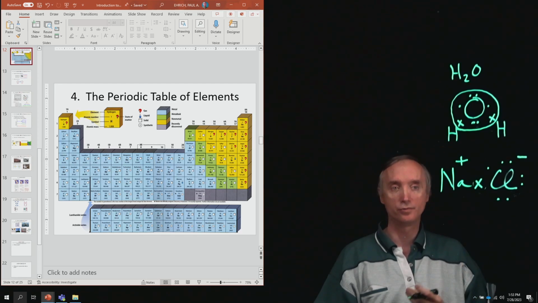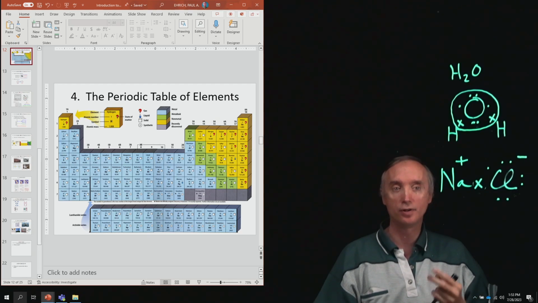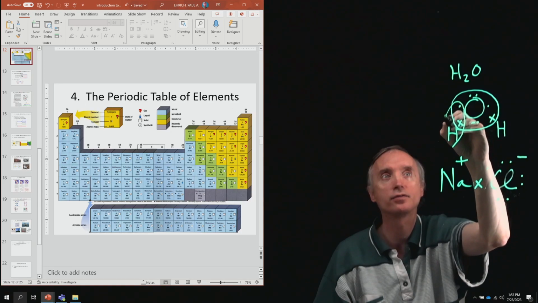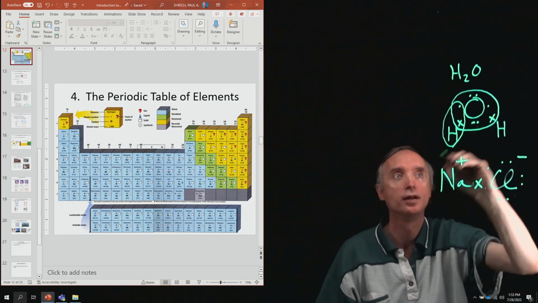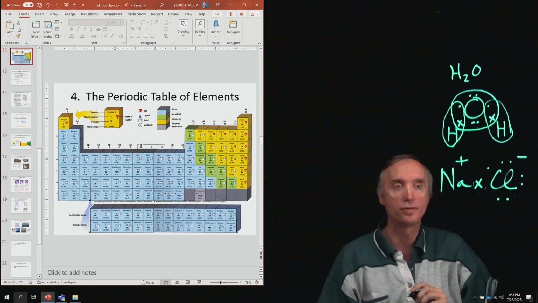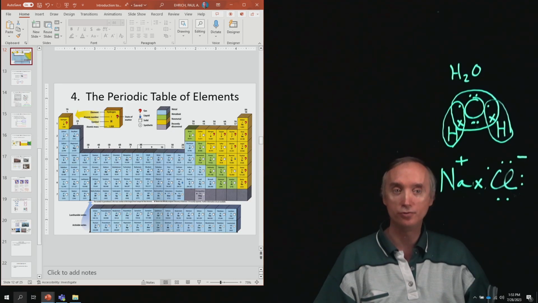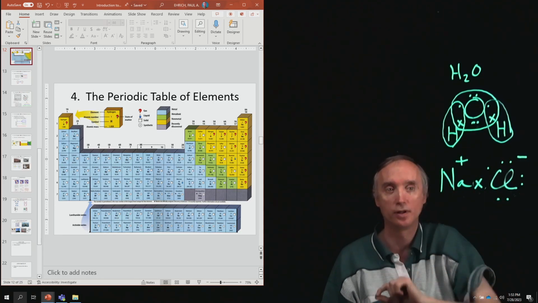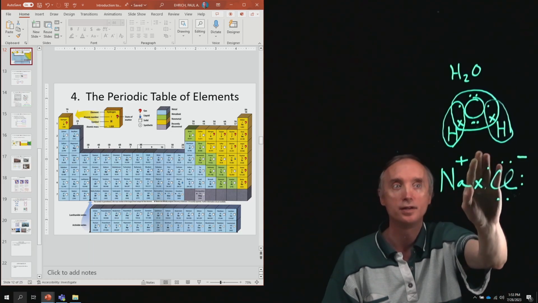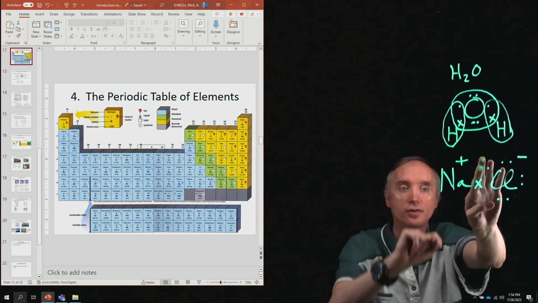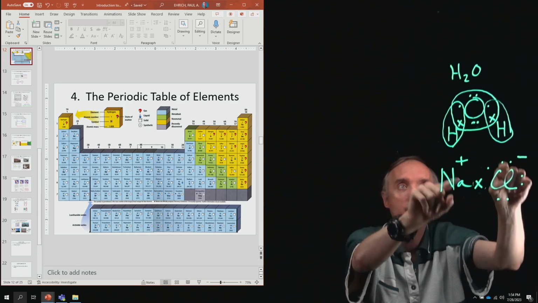But what about hydrogen? So hydrogen's magic number is 2. So hydrogen's going to see these 2 electrons and is going to say, I want them. And then this hydrogen over here is going to see these 2 electrons and it's going to say, I want them. But oxygen is going to say, oh no, you don't. So it's going to be a tug of war. Oxygen wants these 2 electrons and hydrogen wants the 2 electrons. Do you see how it's different than here? Here, sodium is completely satisfied with 0 electrons, and chlorine has its 8. This time,